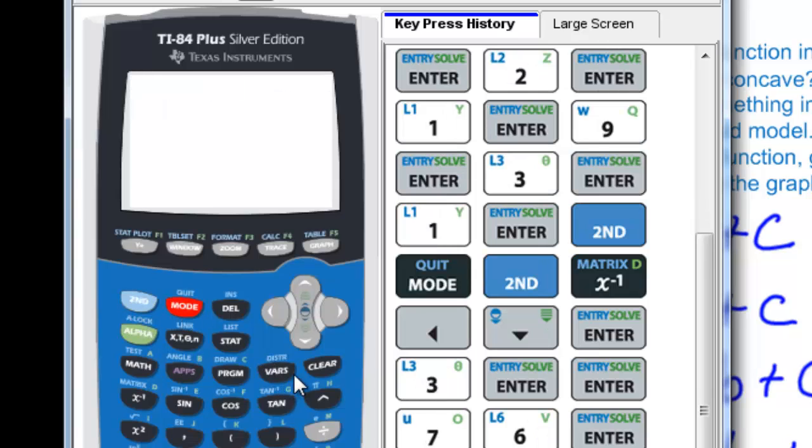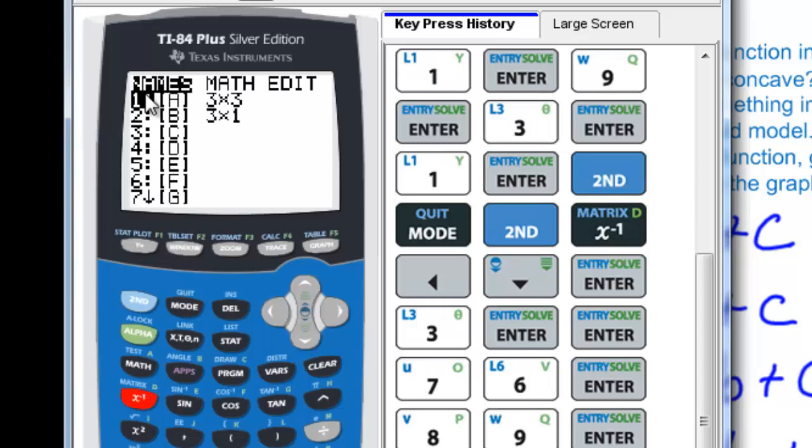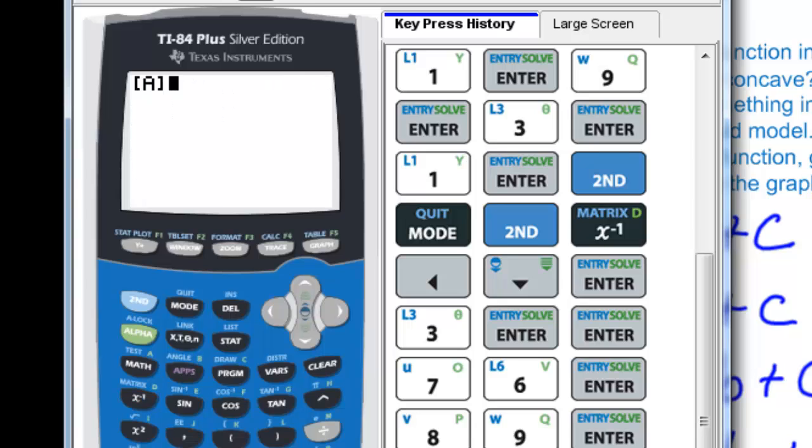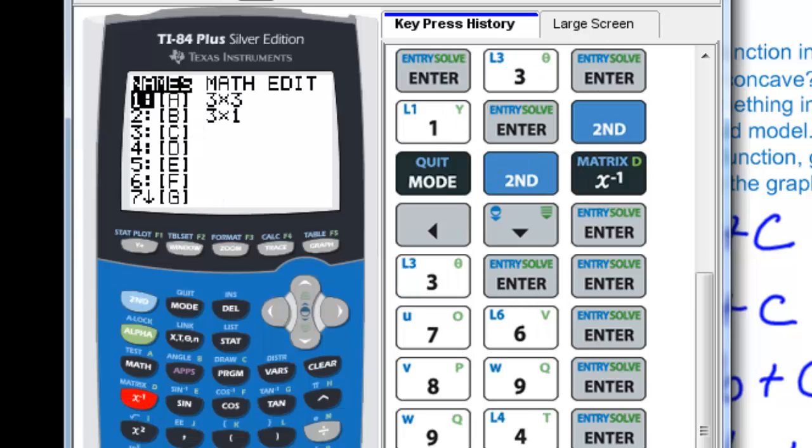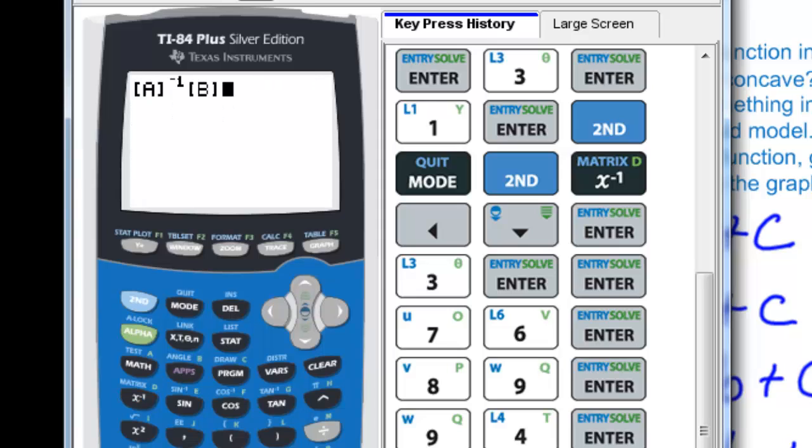Now to find my values for A, B, and C, my unknowns, I need to take my first matrix, so I need to go back into my matrix menu and choose matrix A under names. And that'll bring that out. But I want the inverse of that matrix, so I'll raise that to the -1. And then I'm going to multiply it by matrix B. So I find matrix B in the matrix menu under names, 2. And then if I hit enter,